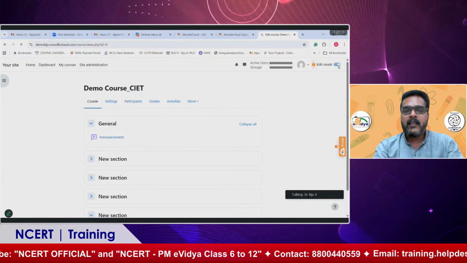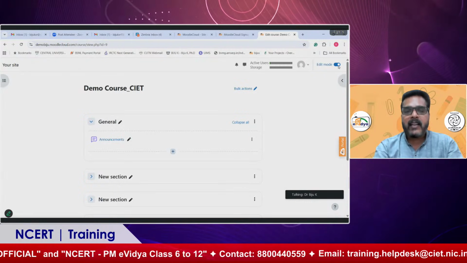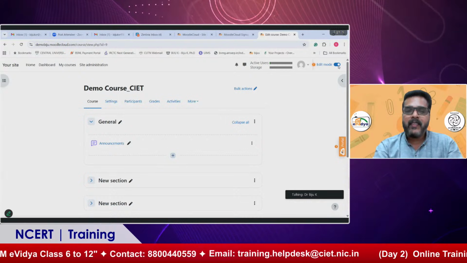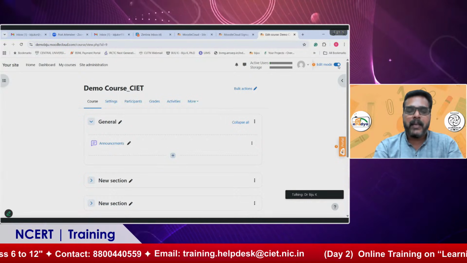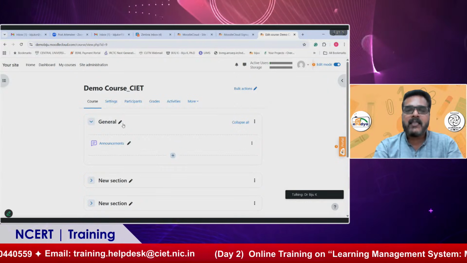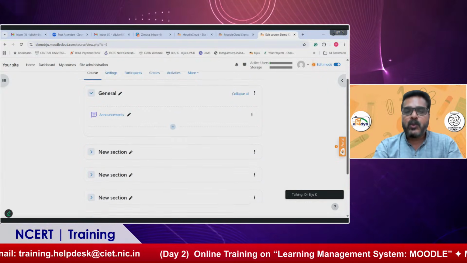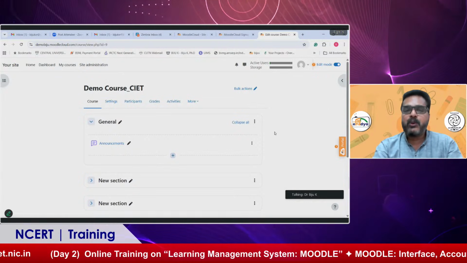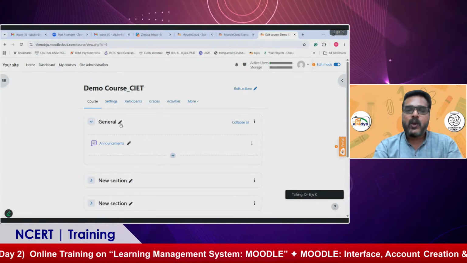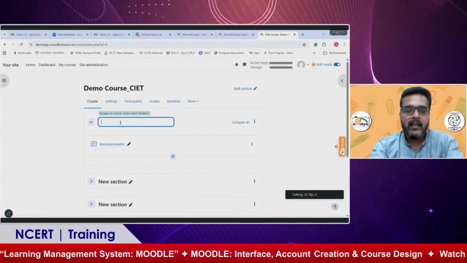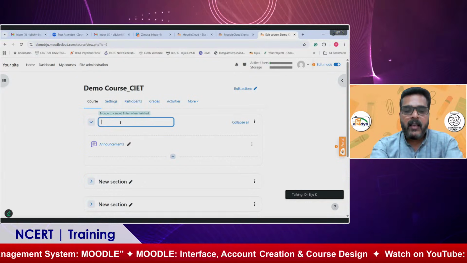Now when I clicked that edit mode open, I hope you are observing some changes in the page. What is that change? You can see there is a pen symbol next to each and every word. That means it allows you to type something. So I just click on here, on the pen symbol, I would say